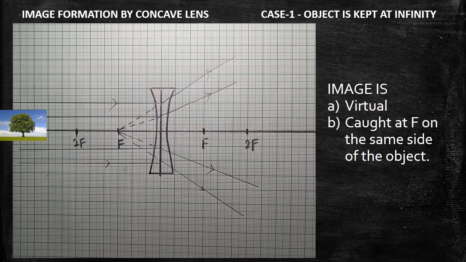So when the object is kept at infinity, what happens? A virtual image is formed here. Here only you will be getting the virtual image. This one cannot be caught on the screen. That's why this is called a virtual image. The size of the image is very much smaller. The long distant object cannot be caught, but the size of the image formed here will be very much small when compared to the object. Are you clear? So this is the first case in the case of concave lens. Understood?